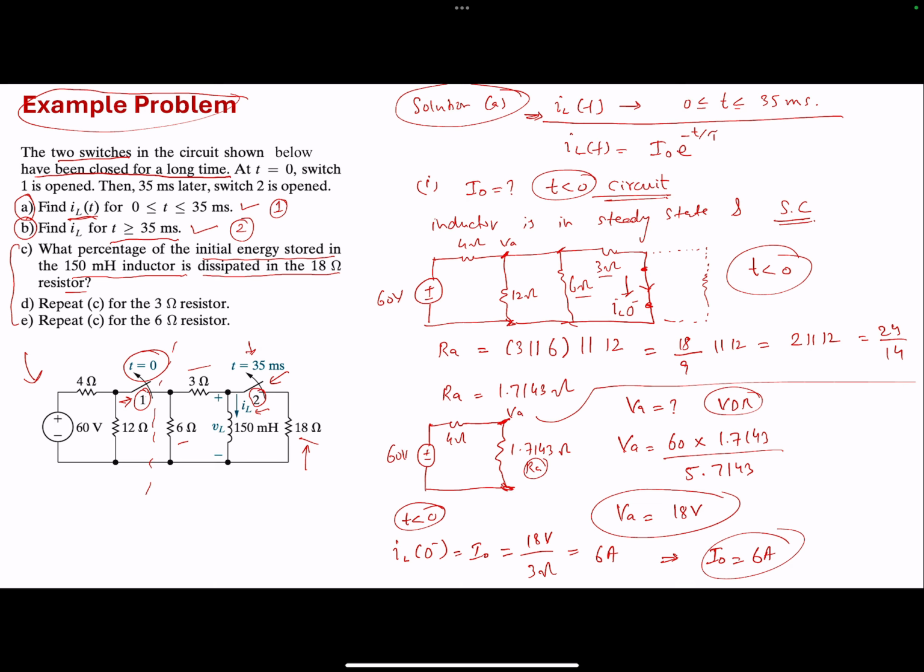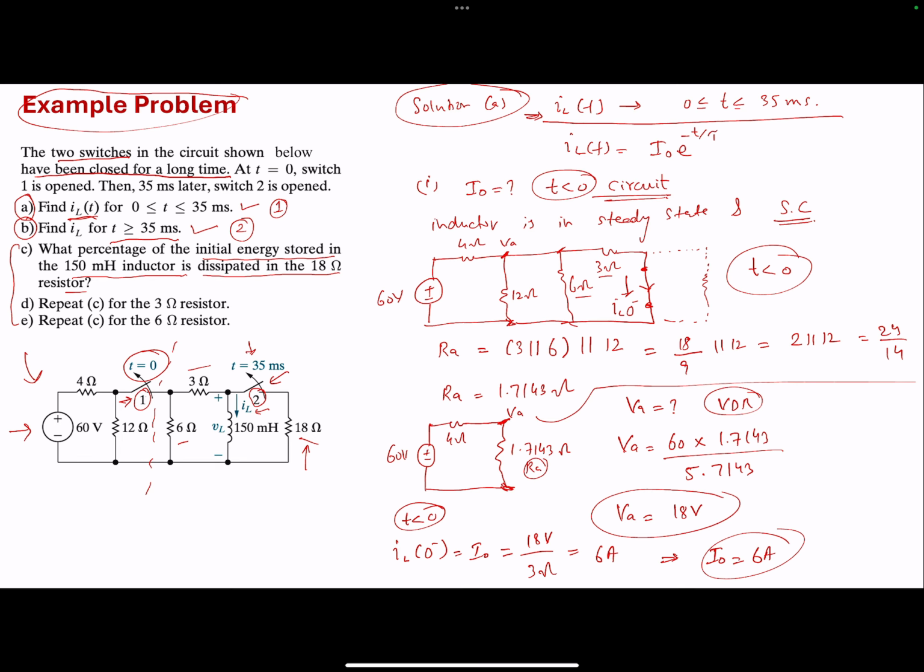Before any of the switching events happen, your 60 volts voltage source was providing the energy to the inductor, right? And it ends up providing the total amount of the energy in the inductor before any switching events happen. So that is the total amount of the energy stored in the 150 millihenry inductor,